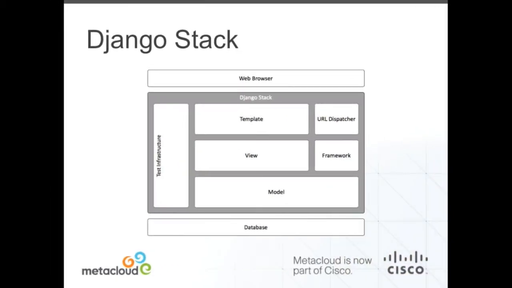This is what a base Django stack looks like. Requests come in at the top from the web browser, going into the Django stack. Those requests go to the URL dispatcher, which maps the requests to a view. Within the view, you have a function that serves the request and is responsible for constructing the response. That view then goes to a model layer, which is an abstraction layer that presents information as Python objects